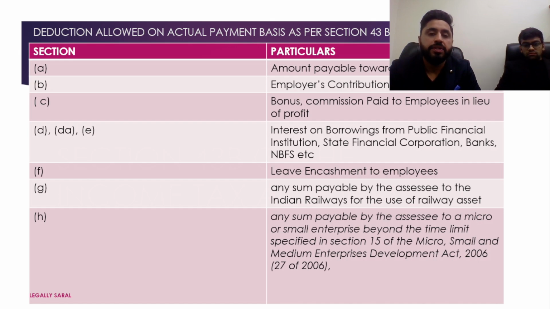This section was introduced in 1984, and since then many of us are fully aware of its provisions. There are certain clauses ranging from subclause A to subclause H. Why we are discussing this section is because of section 43B subclause H, which was introduced by the Finance Act 2023, and according to us it will be creating a huge problem for the SSEs in finalizing their income tax return or audit in coming year.